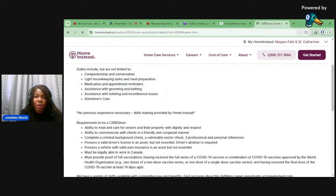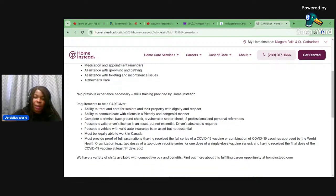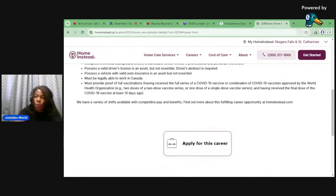No previous experience necessary. For those that say, oh, I don't have work experience in caregiving, this one is not necessary. There are some that will tell you you need to have work experience. But this one is just for maybe freshers, okay? Like that, like that. What you should require: